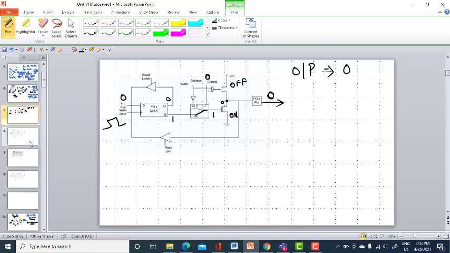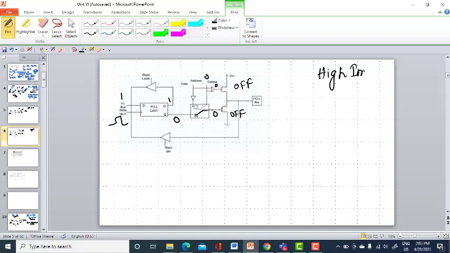When I need to place a 1 at the output, I have a high here and I will be having 1 here, 0 here, and this will be 0 and this will be 0. If this is 0, when base is 0, this is off. This is 0 because control is 0, and this is 0, meaning it is connected to base, so this is off. So when both are 0, this is in the high impedance state, or the floating state, or the truly bidirectional state.